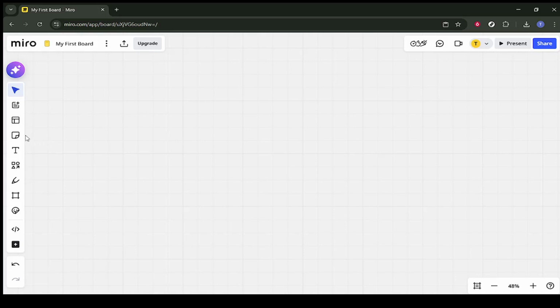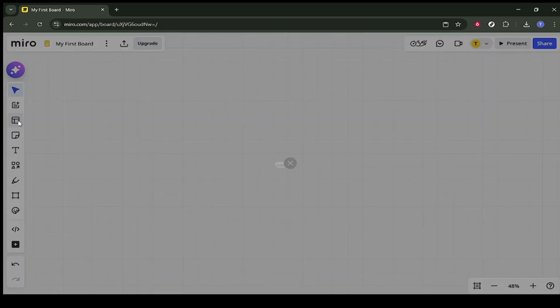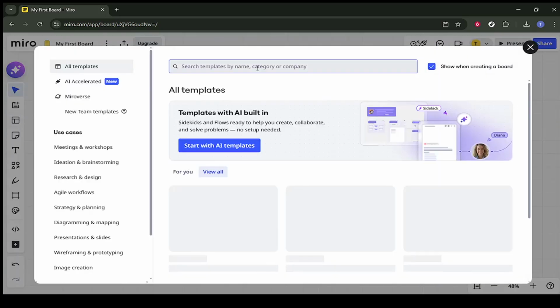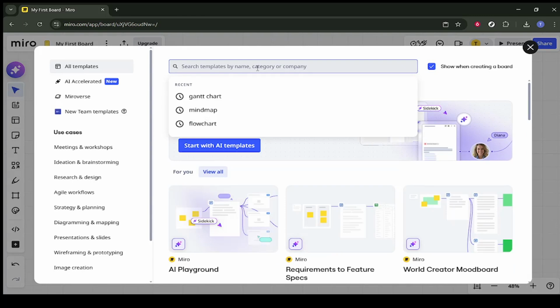You are going to use the highlight option to add the starting text for your mind map. Click on Highlight. This activates the Highlight tool so you can place highlighted text on the board. If you do not immediately see anything change, that is normal. Many tools in Miro become active silently, and you will notice the effect once you click on the canvas or